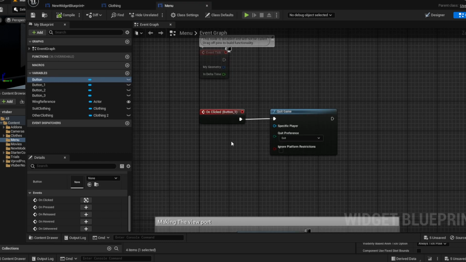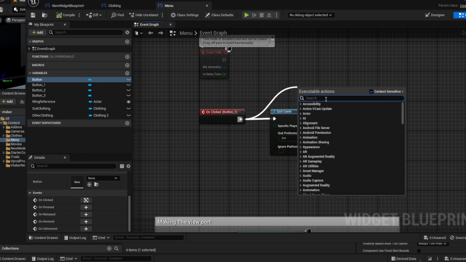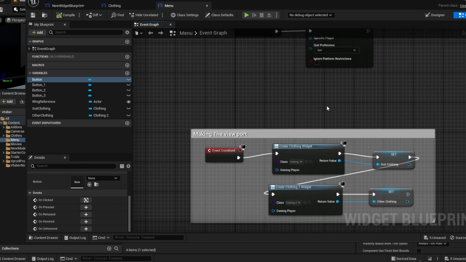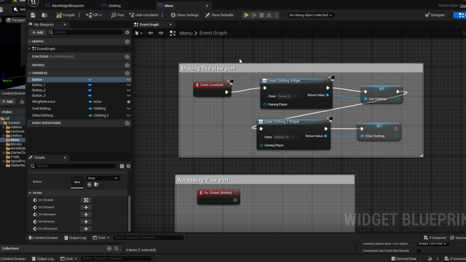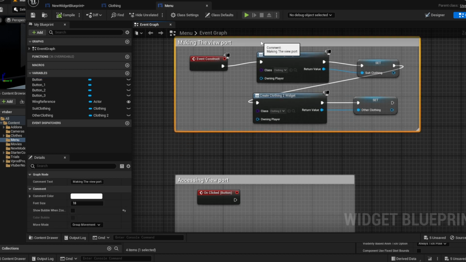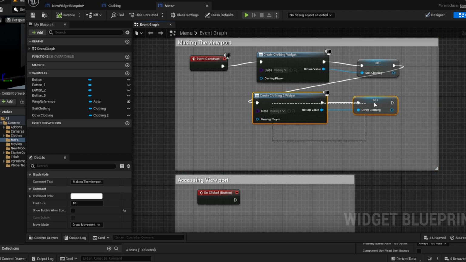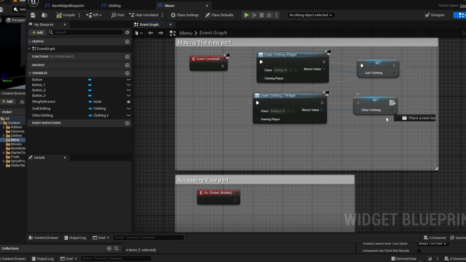And once you drag, if you type in quick game, it's quite simple. Just quick game, and then you can leave all that as is. Very simple. Now, this part is very important on the actual menu. I will show you how to pull up the menus in a minute, but to actually make this work, you need to